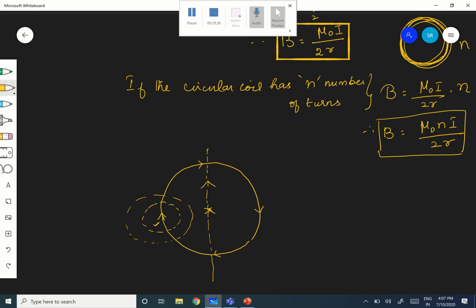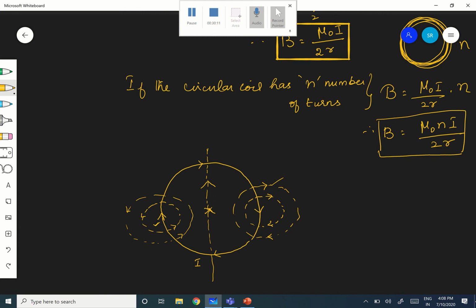The current is in the upward direction here, so I am holding it such that the thumb is directed upward. Therefore the curvature is in the anti-clockwise direction, and this is the direction of the magnetic field. Try it. In this other case, you are holding it such that the current is downward, so the thumb should be directed downward. Therefore the curvature of the fingers should be in the clockwise direction. Are you following? Therefore it will be in the clockwise direction.